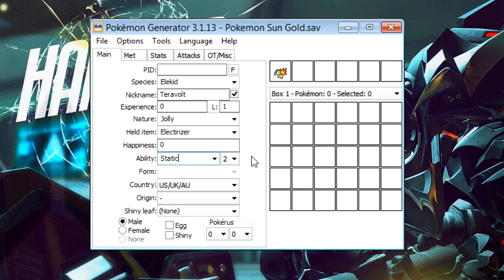Now, if you know what the ability has been changed to, you can check the documentation for the game, then give it that ability as well. But for the sake of this video and just for the sake of legality, I'm gonna give Egglocke Static because that's what it gets. Origin, you can leave it blank, or you can do Pokemon Heart Gold or Soul Silver or whatever and do whatever you want. All right, now